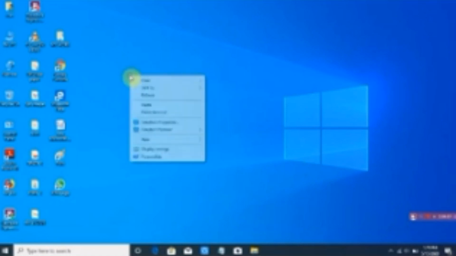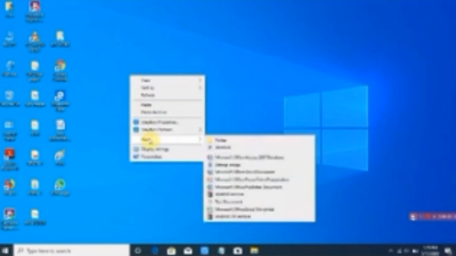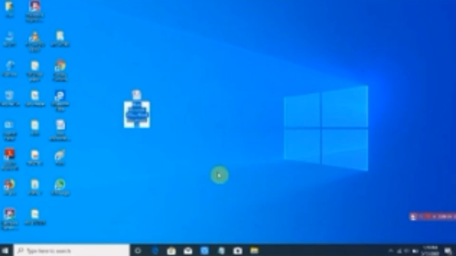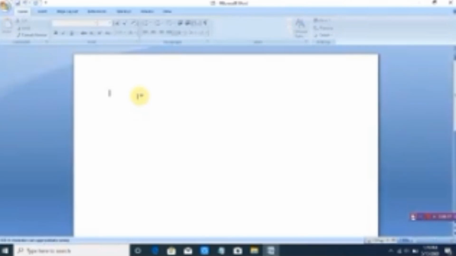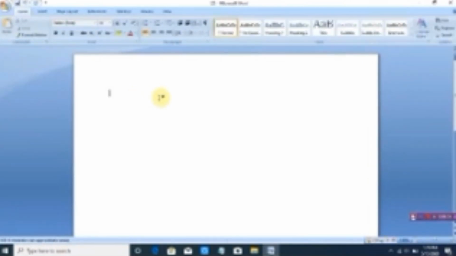So very first we will create one MS Word file. Okay, open it. Now when we open the blank document, the first page is added by default in it. Okay, by default means nobody is going to add any single or double page in this. It is added by default in it.